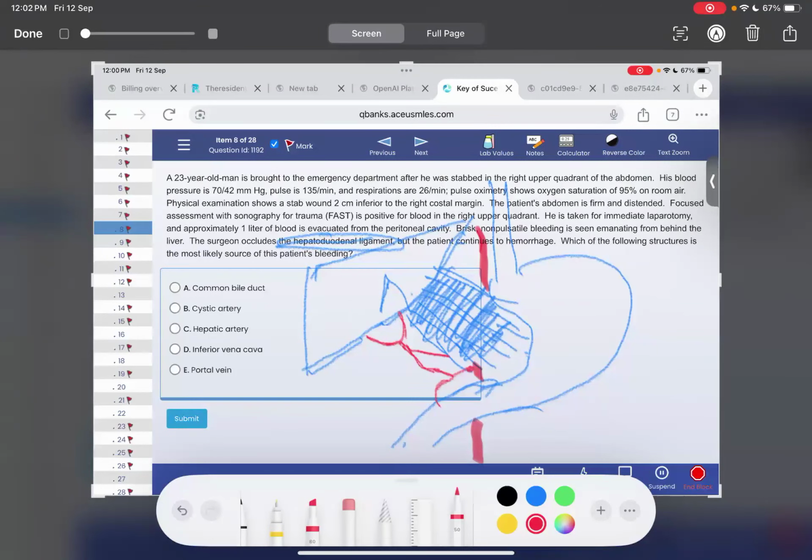And there is one branch from the right hepatic. This branch is called the cystic artery. The cystic artery basically supplies the gallbladder. The cystic artery is a branch of the right hepatic artery, and this is the left hepatic artery. You got the point. So the first structure is the proper hepatic artery, or hepatic artery. Number one, the structure present in it is the hepatic artery or proper hepatic artery. Number two,